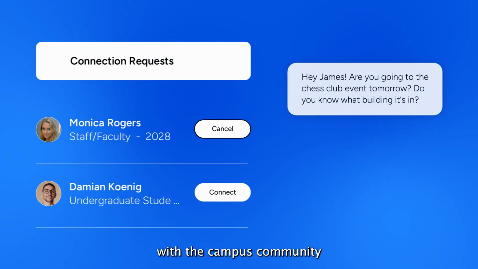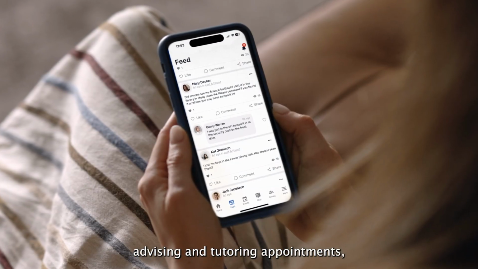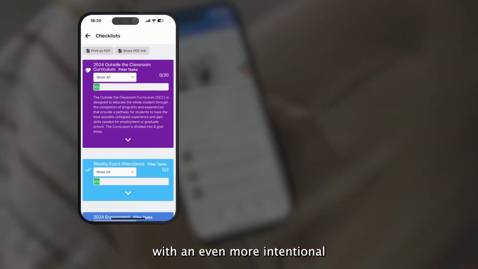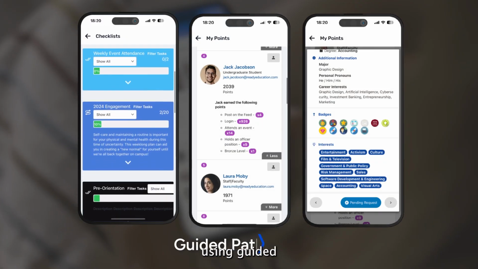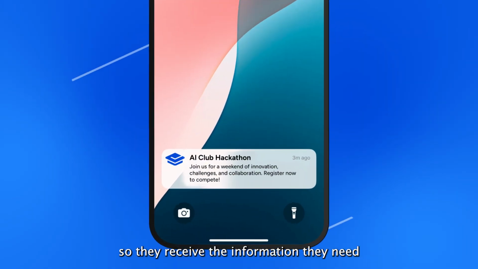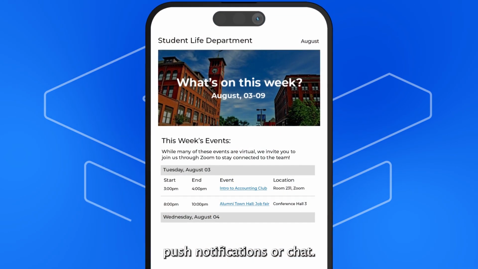Students can also connect with the campus community via chat and discussion feeds, schedule advising and tutoring appointments, and access resources. You can provide students with an even more intentional learning experience using guided pathways and encourage participation with gamification. Plus, target communications to students so they receive the information they need when they need it through email, push notifications,